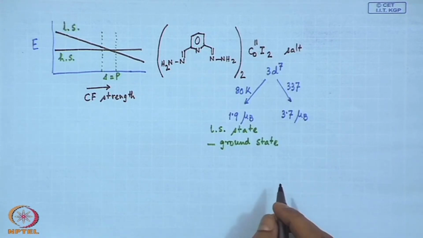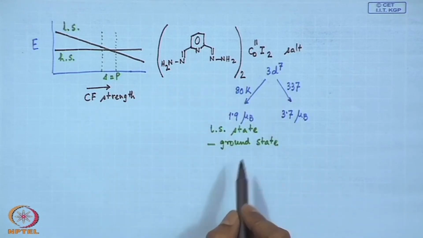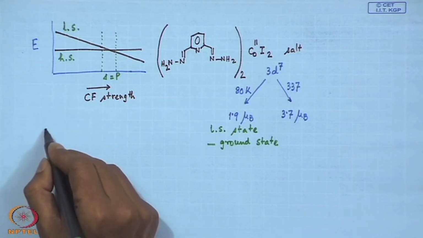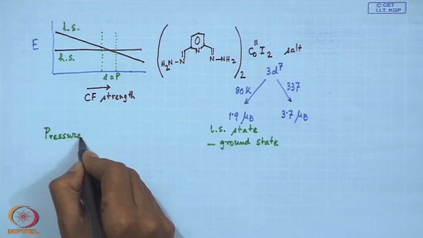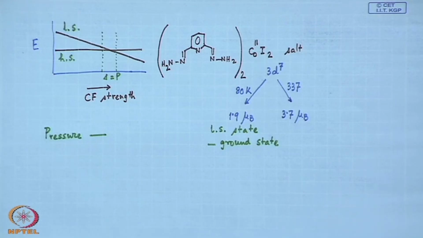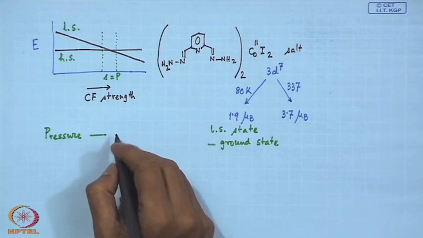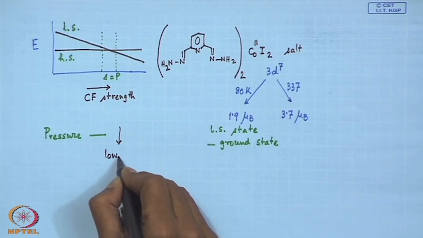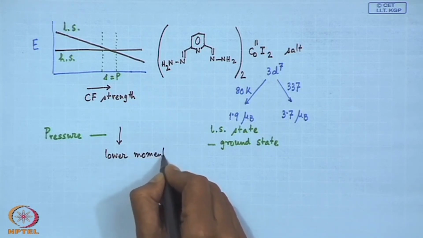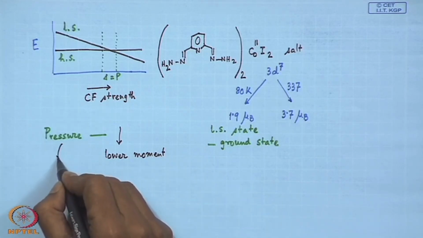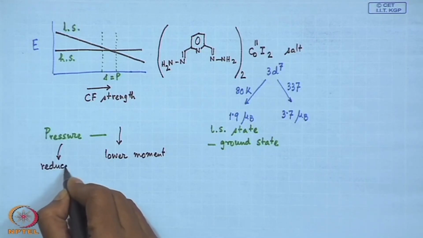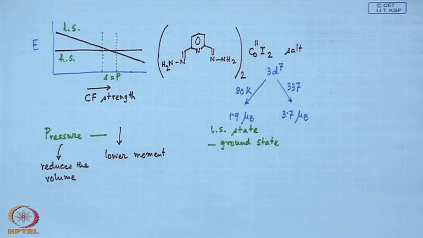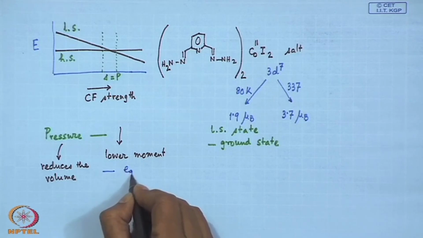In this particular case and in some other cases also, not only the temperature, that means if we change the temperature your situation can change from one side to the other, but the corresponding pressure effect can also be seen, that how pressure can change the corresponding magnetic moment. When we put pressure on the compound and measure the magnetic moment, we get a lower magnetic moment, because the exerted pressure reduces the volume, which can be our molar volume or the molecular volume, and as a result the Eg electrons, which are directly facing the ligands,